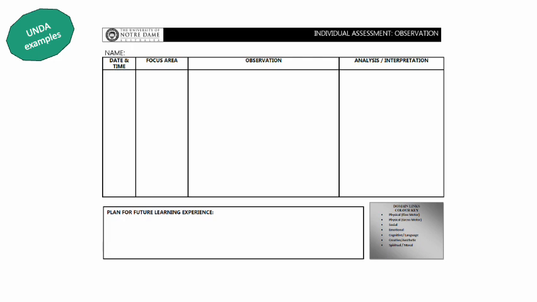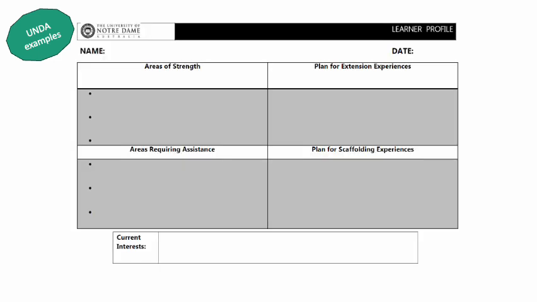Because remember that a straight observation without a context doesn't mean anything to anyone potentially other than you. So how do you make that come to life and be useful for you? So then thinking about adding into your individual learner profile, putting in what are their areas of strengths, what are the areas that require assistance, and having it at a particular point in time. How are you planning for their extension, and how are you planning for scaffolding in some way for supporting their learning in different forms? So thinking about how are you going to actually bring all of that together in some way.